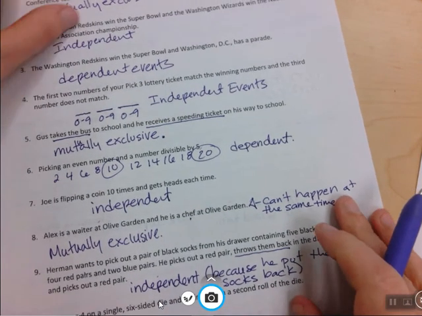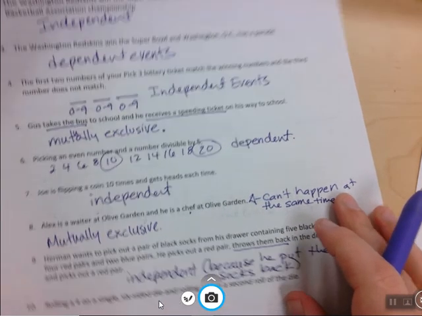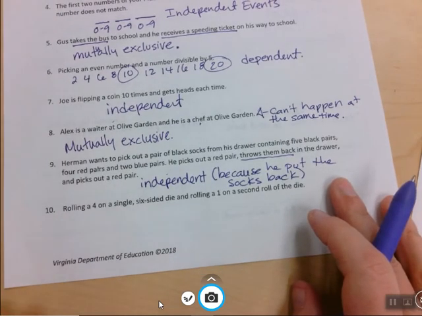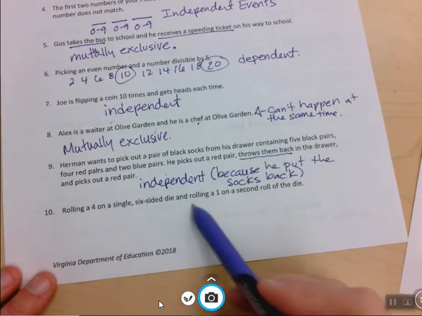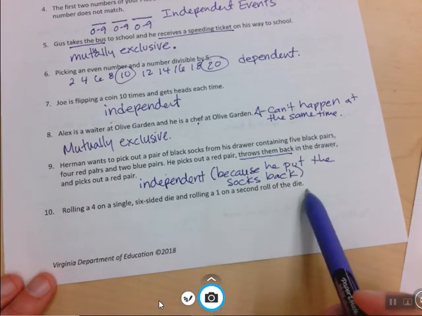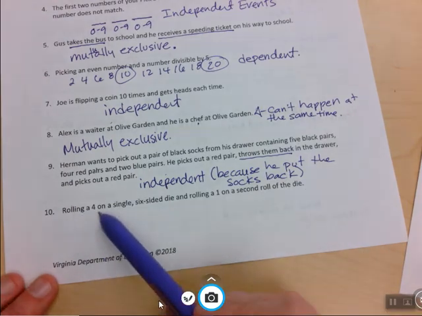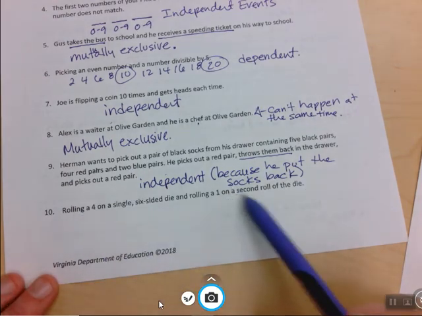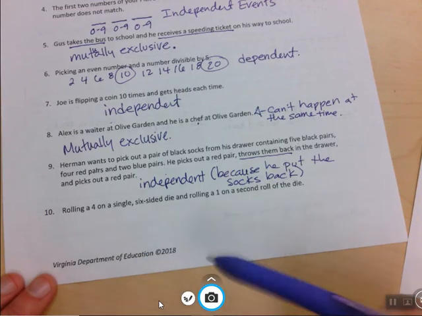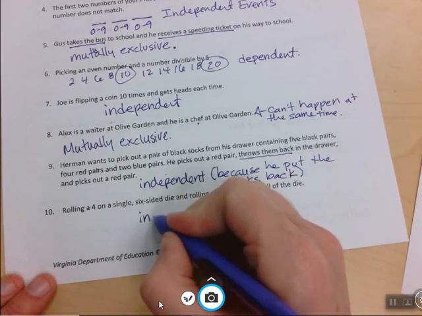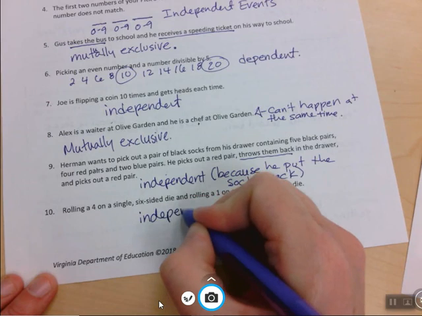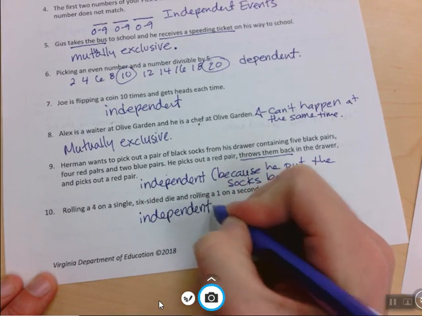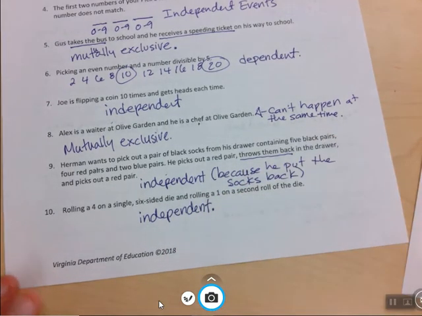Alright, and then the last one. Rolling a 4 on a single 6-sided die and rolling a 1 on the second roll of the die. So if you roll a 4 the first time, that really doesn't change your chances of rolling a 1 on the second time. So those two events are independent of each other. So I'm going to stop this video and we'll make a new video for the dice